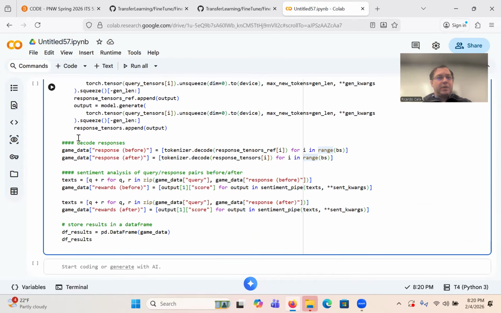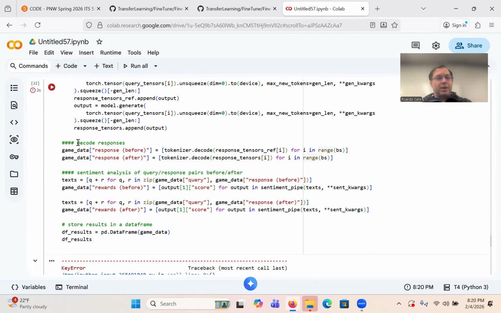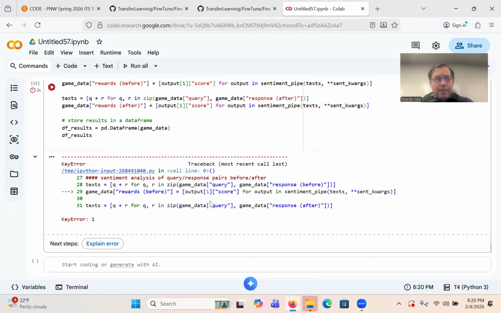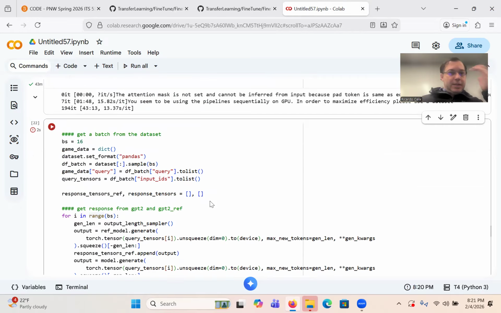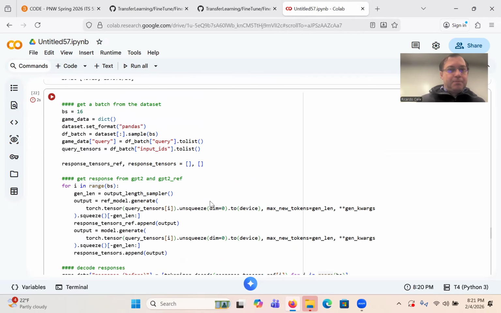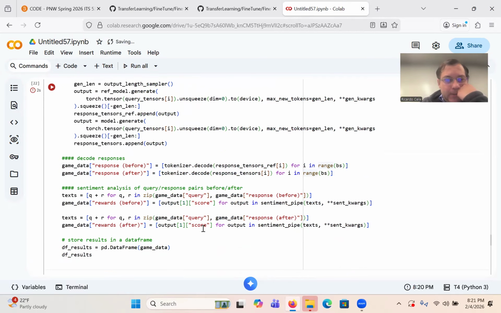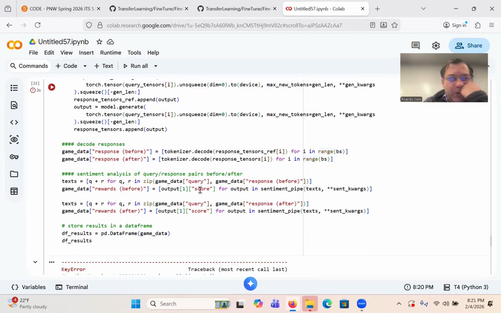Let's see. The next part would be to run this code here. It gave me an error. It's this logic here, it's doing the same thing. I didn't have it because it was taking too long. It's okay. All I need is instead of this output 1 score, I don't think it's output 0, but